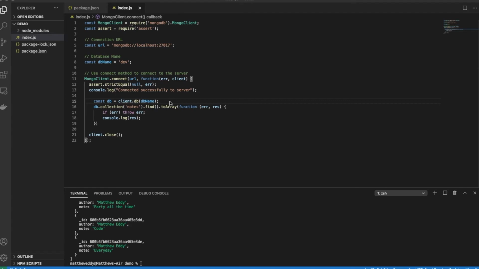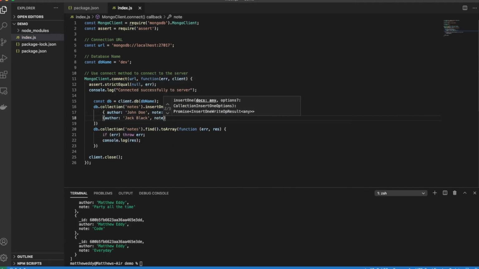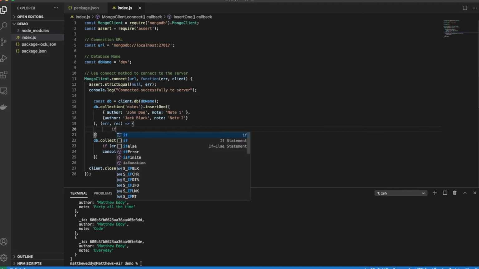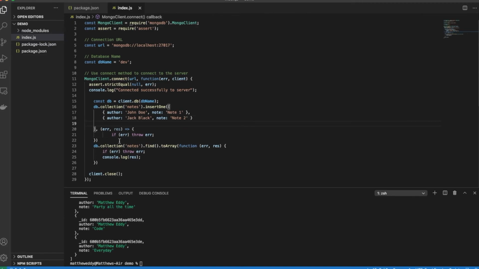Let's go ahead and write to the database. Alright, so we're going to go ahead and insert 2 additional notes right here, and then we're going to run off another query that's going to select the collections from the database, and we should have Jack Black and John Doe in that collection. Let's go ahead and run this file here,